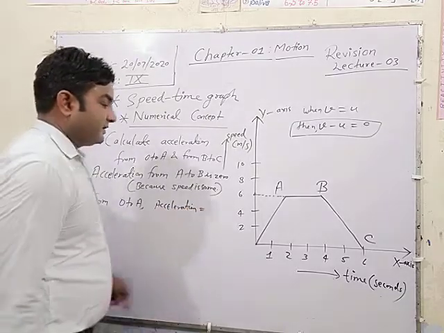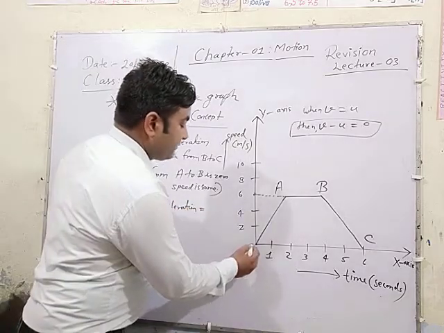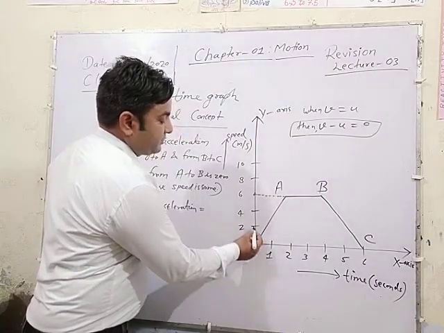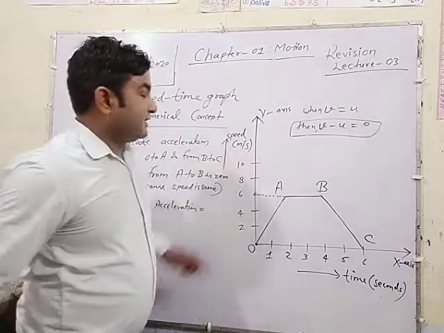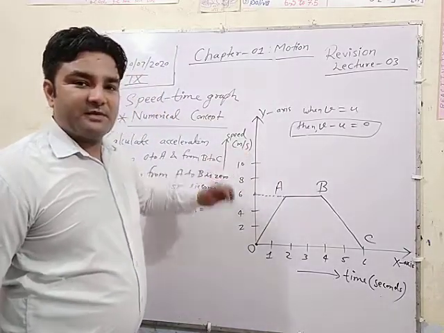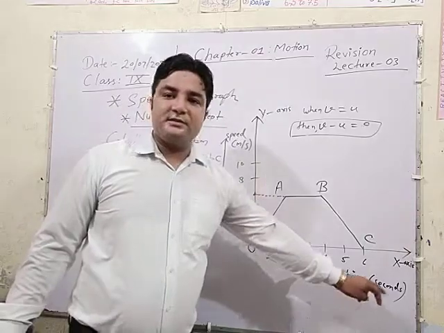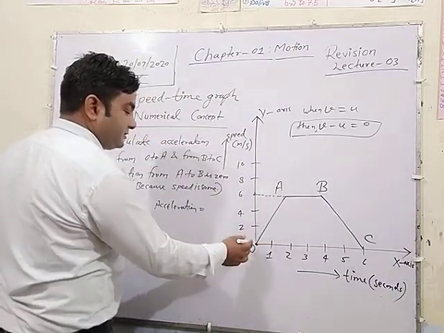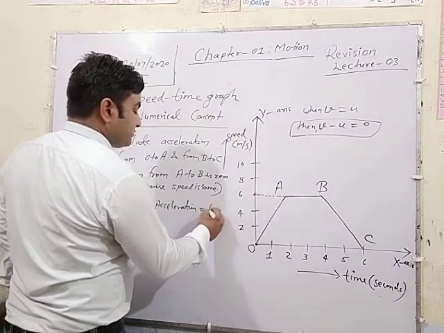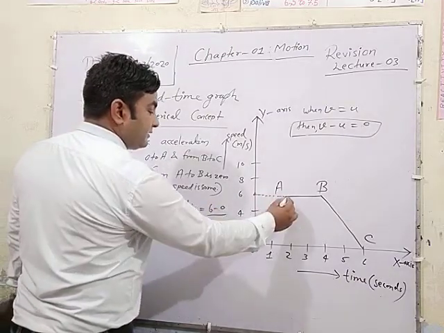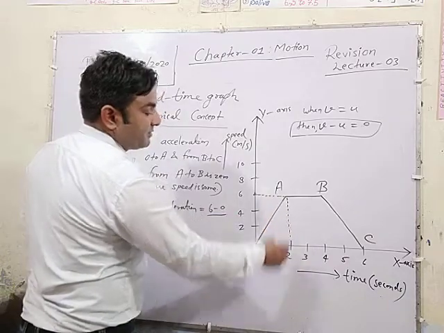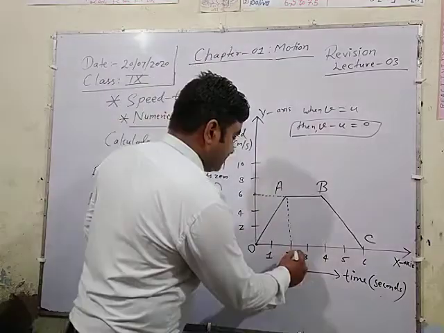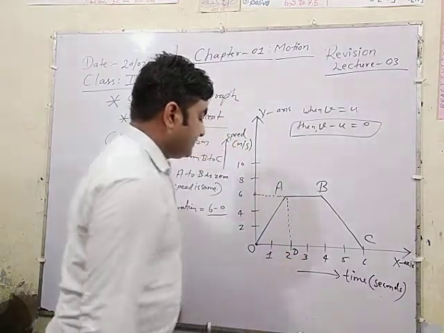acceleration is equal to, here at point O, the speed is 0. Here nothing is given, which means 0, and here 2, 4, 6, 8, 10 in meter per second. Speed is given in meter per second and time is given in seconds. So from O to A, at point O it is 0, at point A it is 6. So 6 minus 0, and for time, we will draw a perpendicular from A to the time axis. Suppose this point is D,